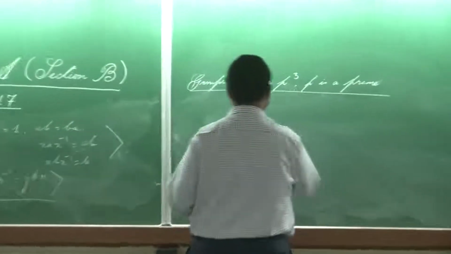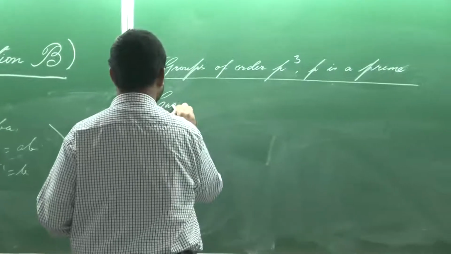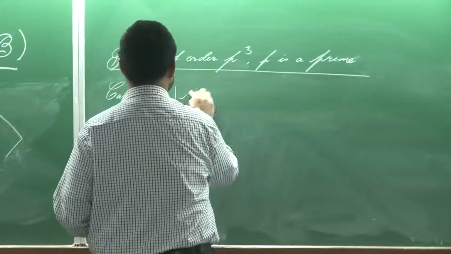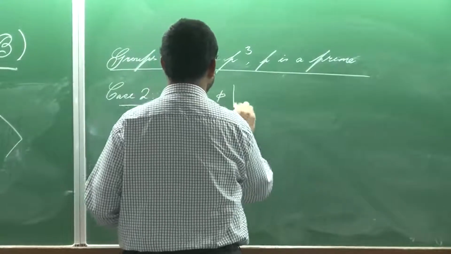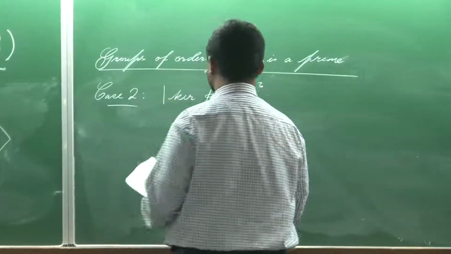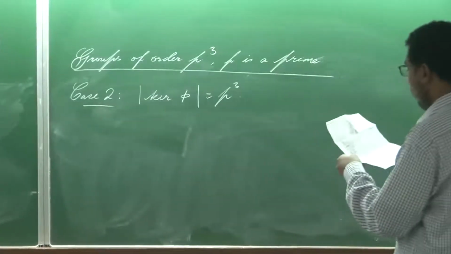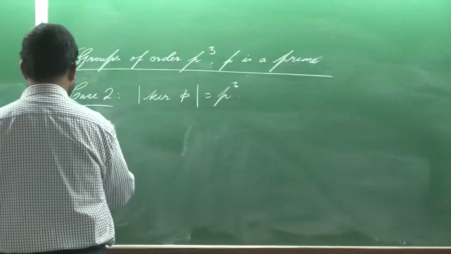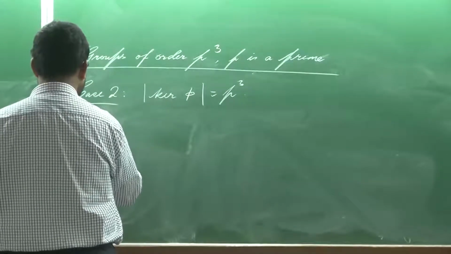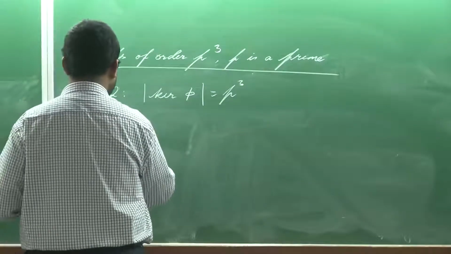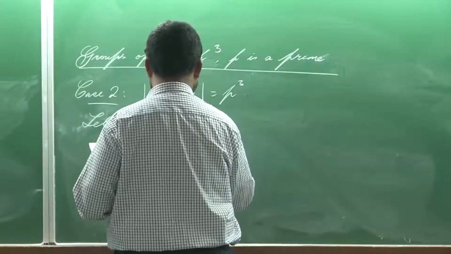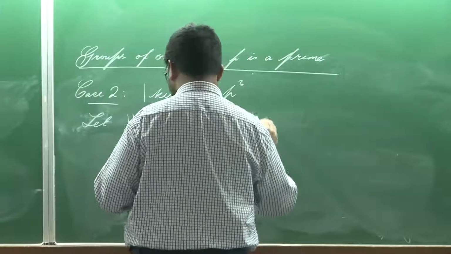Okay, so let us do the second case now. What is the second case? The kernel of phi is of order p cube. That means every non-identity element has order p. So, as usual, since G is a p-group, of course G will admit a subgroup whose order is p square,